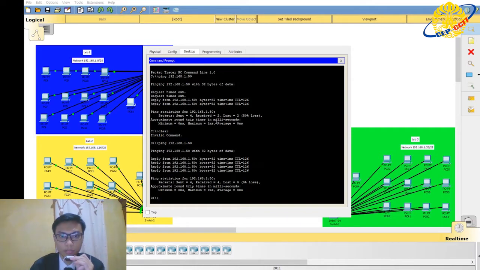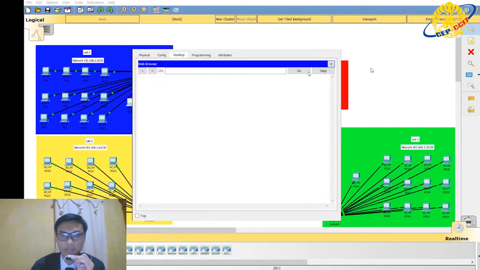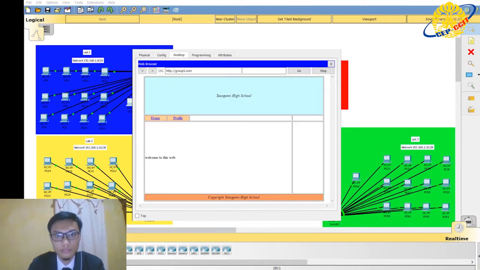We have a reply from the server, so basically it means we are connected to the server. And next I will test accessing the web server. Okay, you can see on the screen the web server is accessible from lab 1.